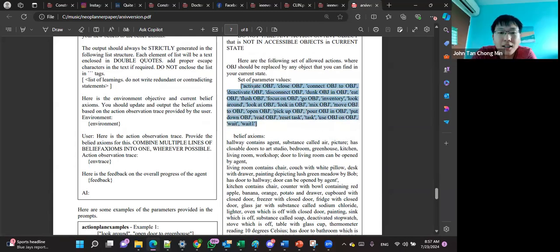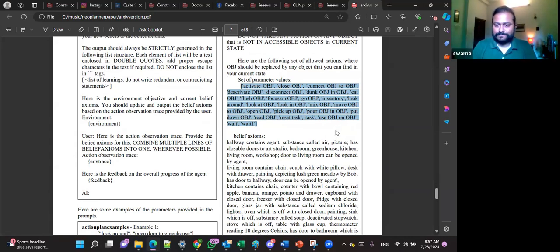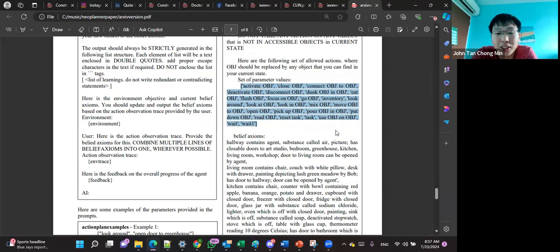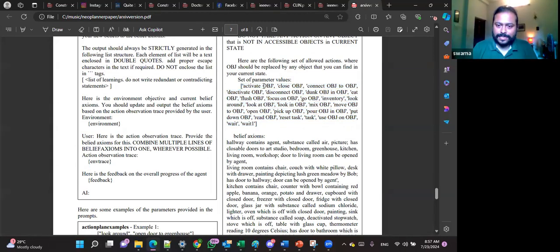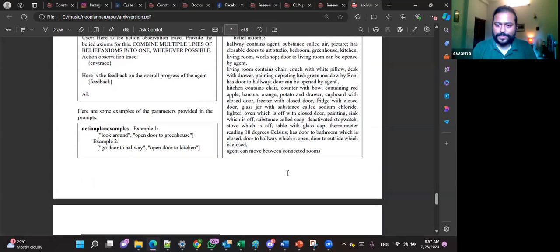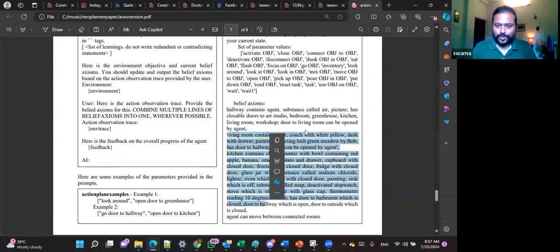So one action can be activate object, or close object. Oh, you already gave it all the possible actions, including the objects at each room, in the prompt already for this exploration prompt. Exactly. These are the actions and these objects. OBJ is a parameter, so the OBJ can be replaced with the actual objects that are available in the room. You can create a combination of this and this. Obviously there are a lot of actions, but we parameterized it this way so that the text length is smaller.